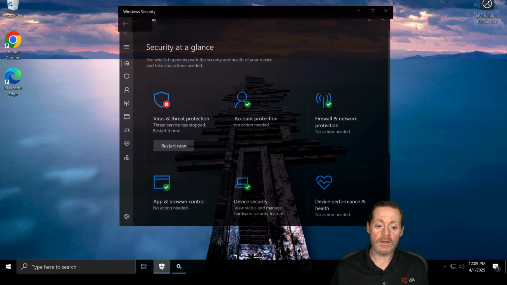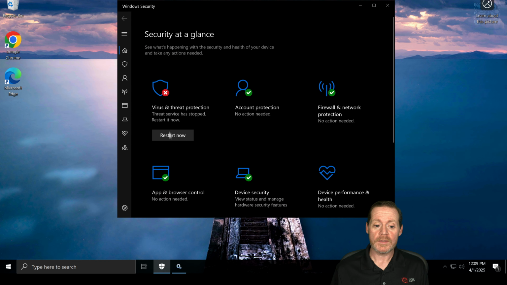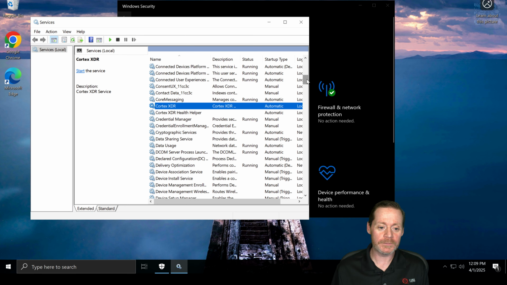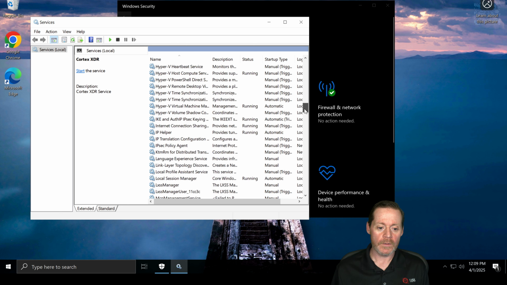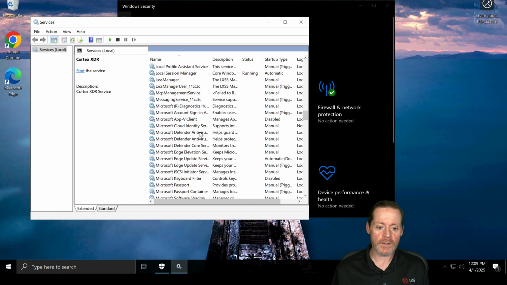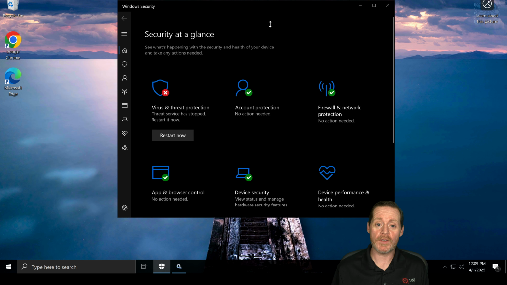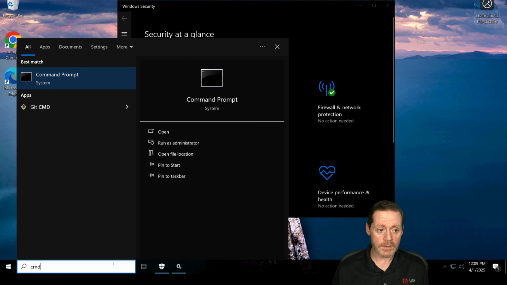Also, Defender says restart now. That won't work because they can't restart it, because WDAC is actually blocking it. We come over here to Defender. We'll go into our Microsoft Defender Antivirus service right there. Stopped. Basically, all of the services are stopped by our WDAC policy. And just to verify that this is the case,